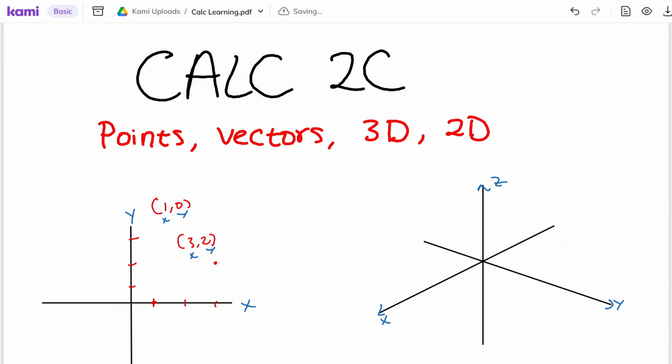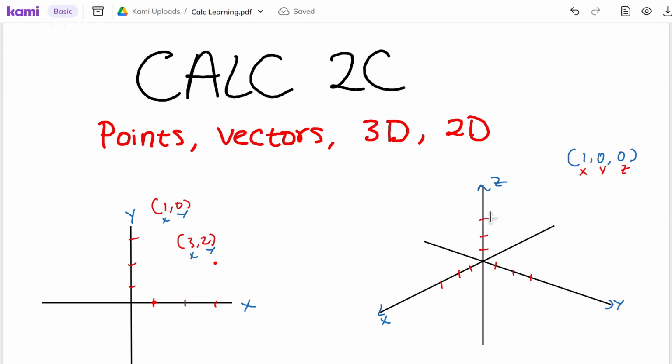And in 3D, the points shift from being just 2 numbers separated by a comma. So instead of 1, 0, we have to do 1, 0, 0. Because now there's an extra variable, the z, so this would be x, y, like the previous one, but now there's an extra z back here. And to plot this on the graph, this is the positive part of x. I'm not going to do negatives, just the positives. This is the positive part of y, 2, 3, and then this is the positive part of z,